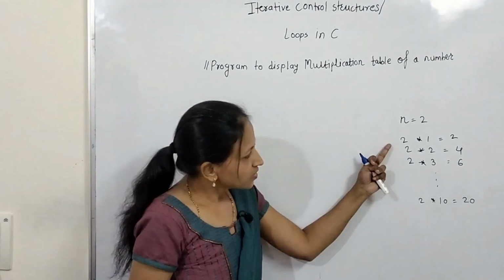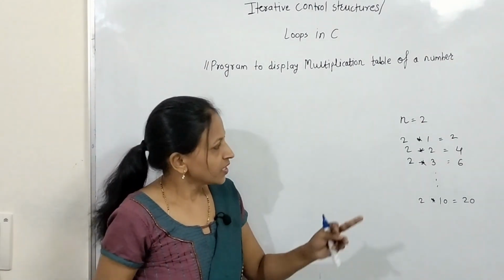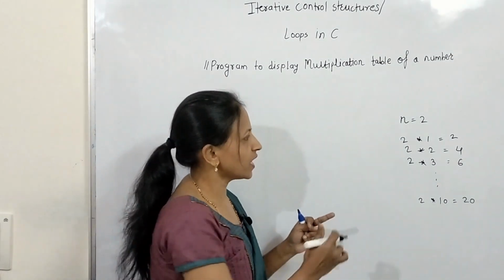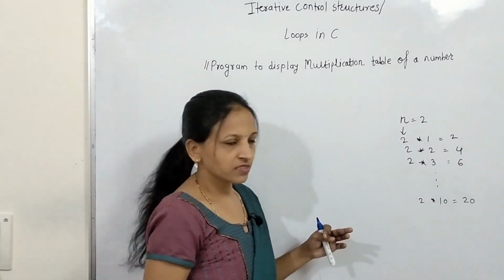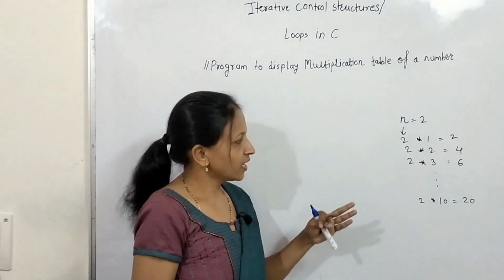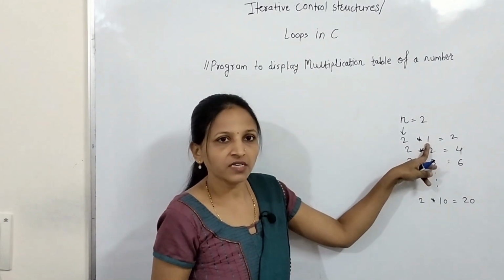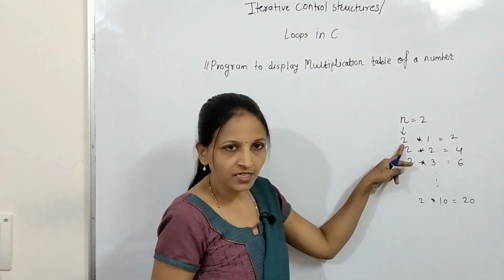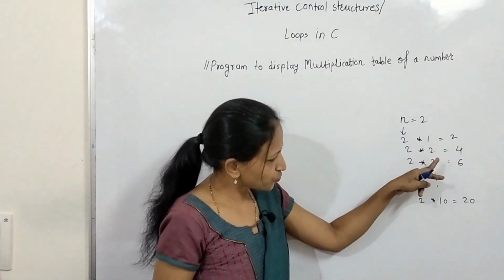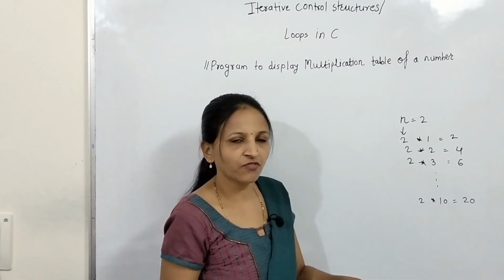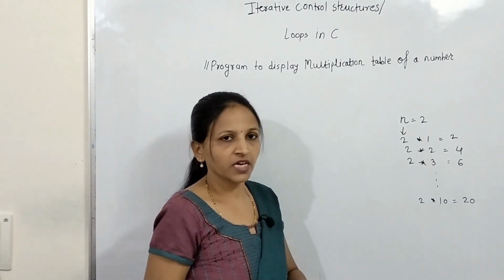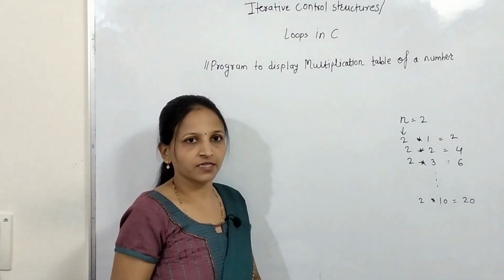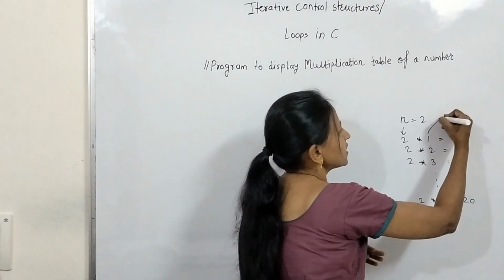Now see what logic we have to use here. Every time we have to multiply this n, first we multiply n by 1 and whatever result we get, we write here. Now see what this is. This is n. For this 1 2 3 4 up to 10 we can take one counter variable. Its value can change from 1 to 10 in that way. Let it be i.